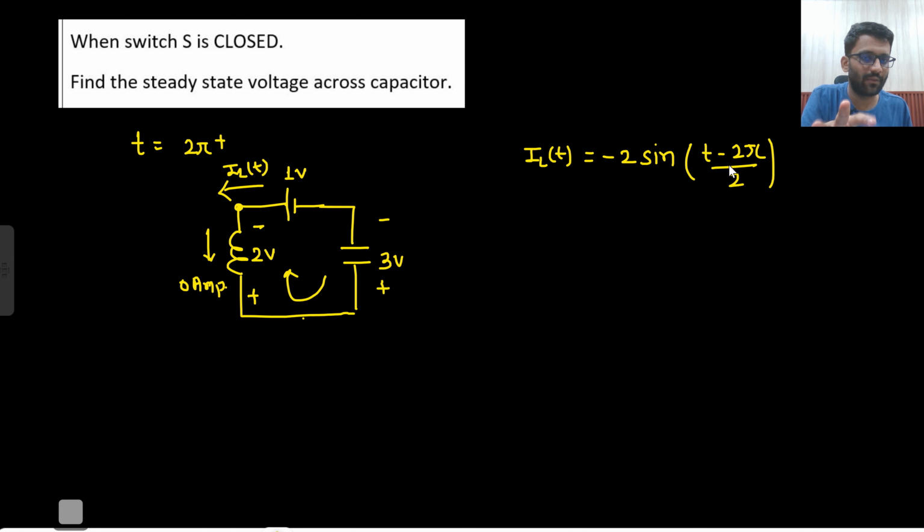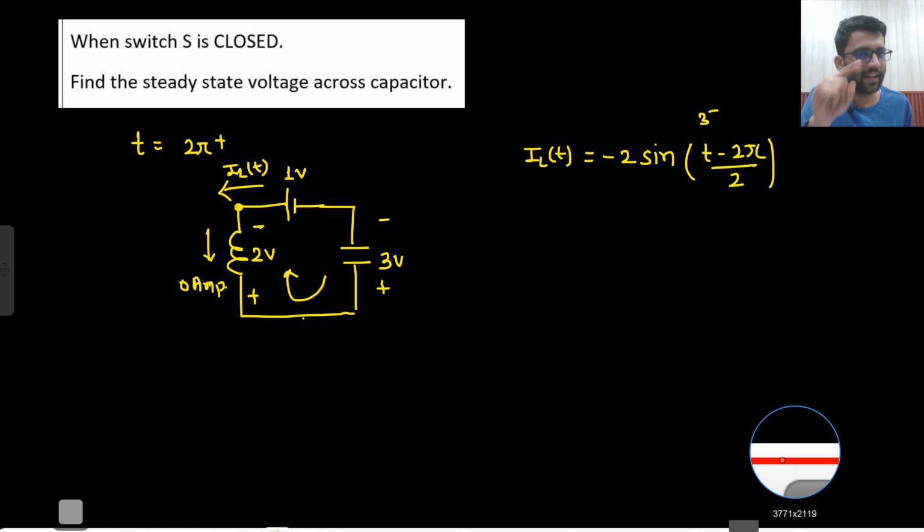Did you understand what I did here? I am not starting from t equals to 0. I am starting from t equals to 2 pi. This expression I am getting after t equals to 2 pi. So whatever that is 0, that would be our 2 pi. If I put t equals to 2 pi here, it would be 0. If I put t equals to 3 pi here, that means it would be pi. So instead of t, I have put t minus 2 pi.